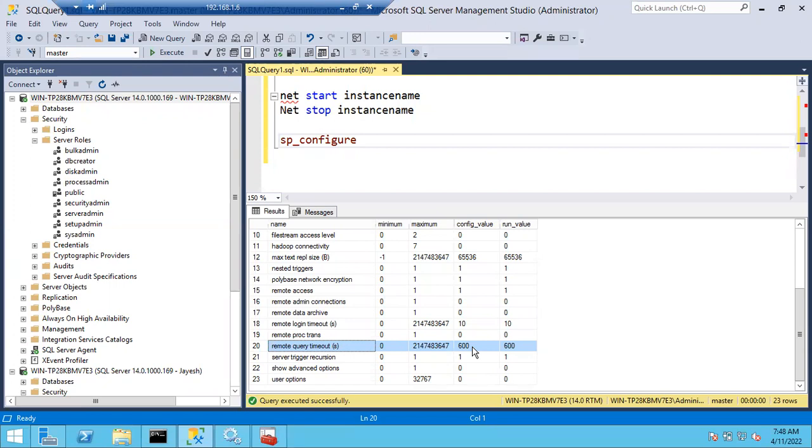It will wait until the server is going to connect, which means it will wait for 10 minutes. 600 seconds means how many minutes? 10 minutes. Okay, so remote connections will wait for 10 minutes. In this 10 minutes, if it is able to connect to the SQL server, that's fine. If it's not able to connect to the SQL server, it will wait for 10 minutes. Then it will throw errors like query remote timeout errors and all like that, you can